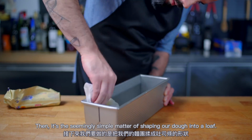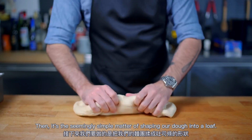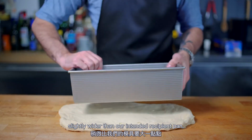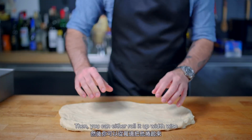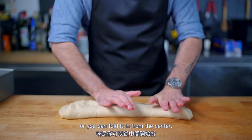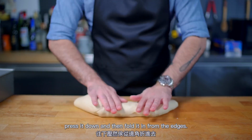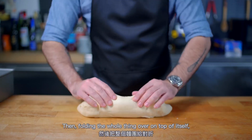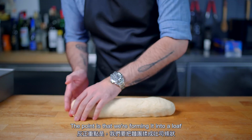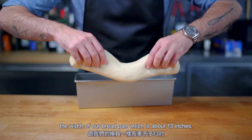Then it's the seemingly simple matter of shaping our dough into a loaf. First, we have to press and stretch it out into a rectangle slightly wider than our intended recipient pan. Then you can either roll it up widthwise like a sleeping bag rolled up incorrectly, or you can fold it in from the center, press it down, and then fold it in from the edges. Then folding the whole thing over on top of itself, and I know this doesn't make any sense. The point is that we're forming it into a loaf the width of our bread pan, which is about 13